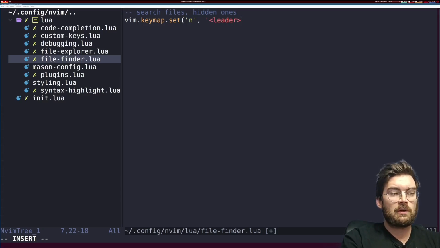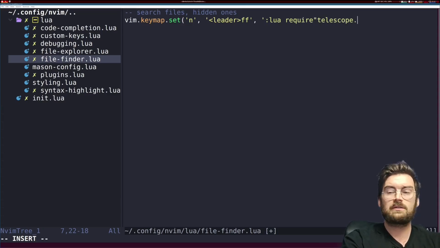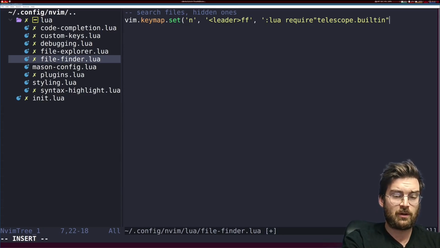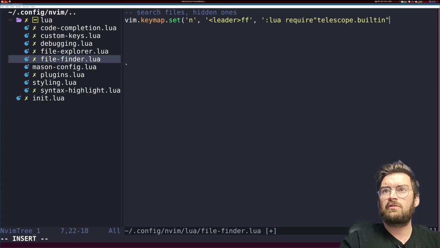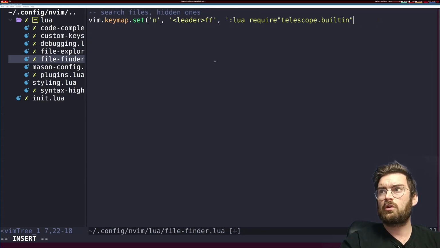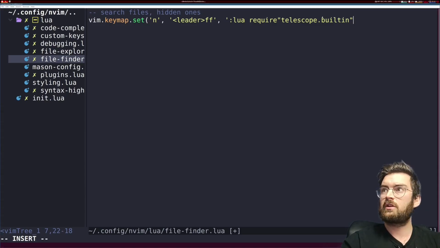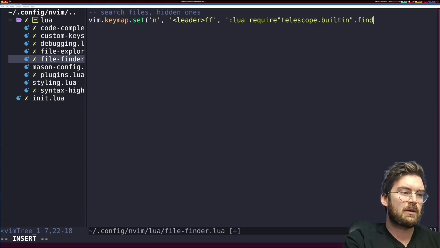So we're going to use the newly assigned leader plus ff, which will bring up Telescope so we can search. Now to do that, we're going to call Lua require telescope.builtin. There are other ways to execute this. You could require builtin as a variable and call the function from there. They do so on GitHub. The reason why I'm not doing it is because actually configuring becomes a lot more code. Simply calling the function like this will allow us to configure the command straight in the Lua here, so it's